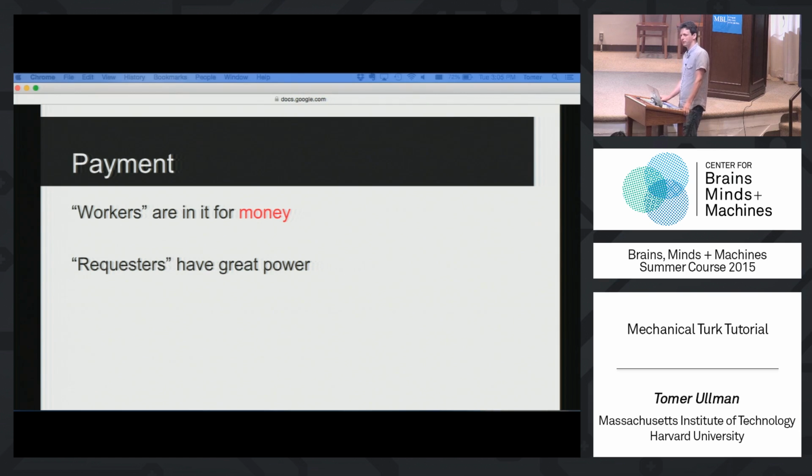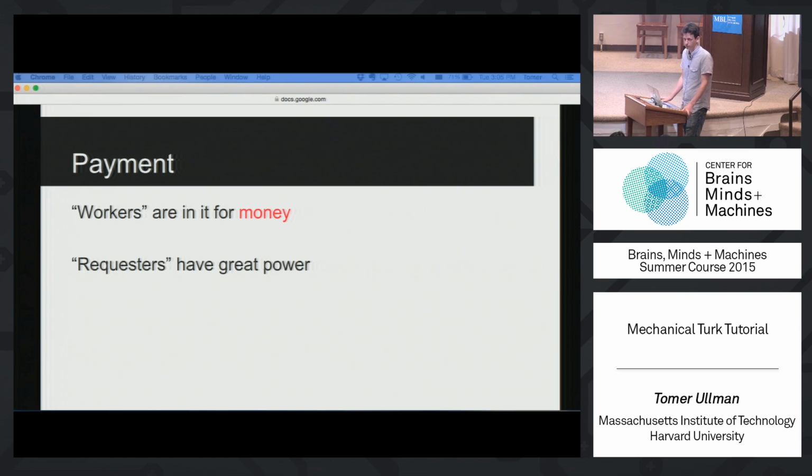And again, it's not because they're necessarily from poor economic backgrounds, but they're in it for the money, and that's what they're doing this for. Try to give them fair pay. And we'll stress that again and tell you what I mean by fair pay. Try not to reject them, okay? Except in extreme situations. Even if they failed, even if they didn't do your catch question, even if you think that they just zoomed through this or something like that, that's usually on you to catch that, okay?